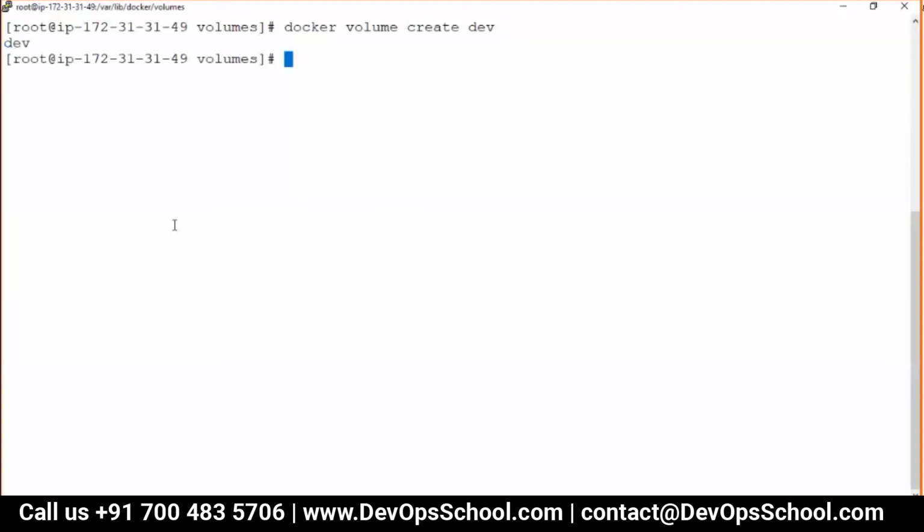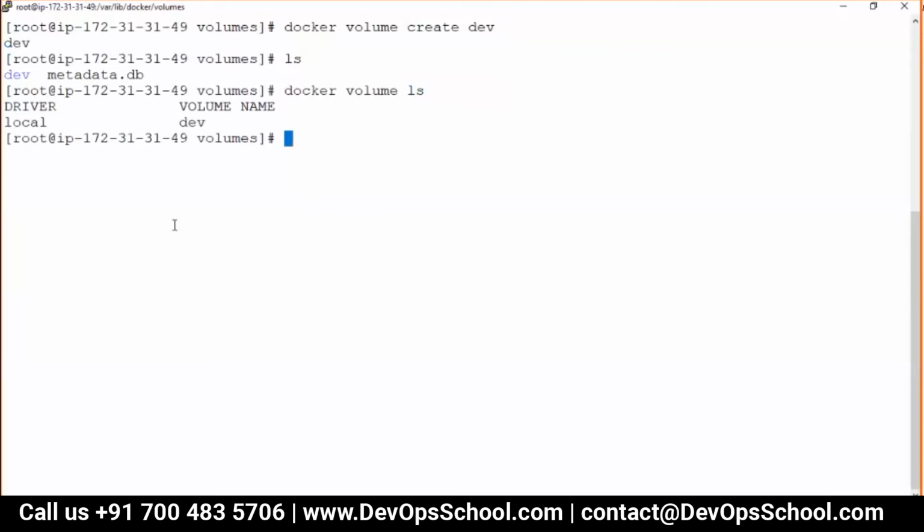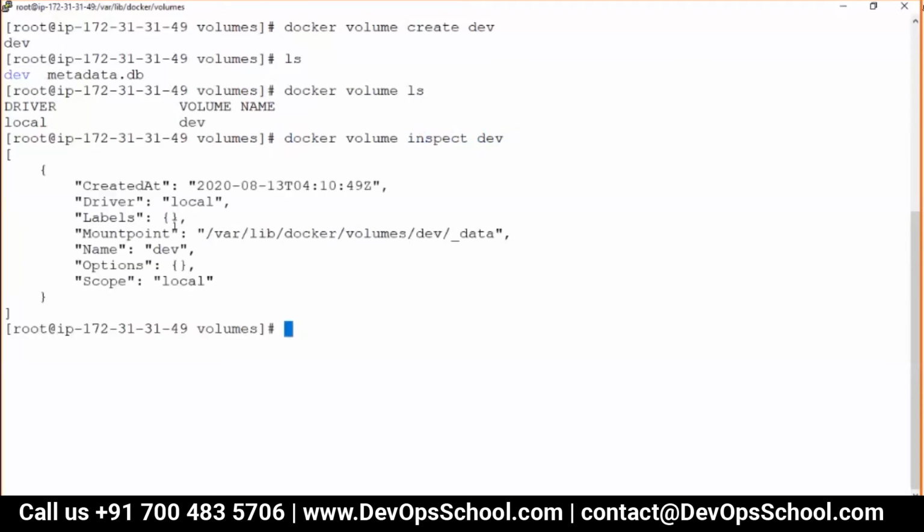And guys, I got this dev directory here. See, if I do ls, I got this here. If I want to inspect the volume, inspect dev, I got this. Full information, you have it.